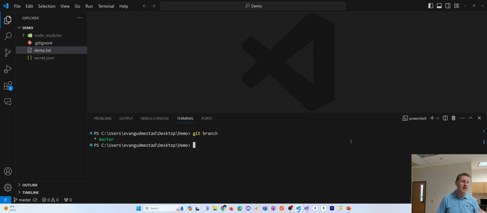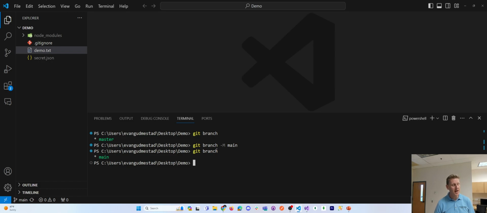When you git init, you will get a branch called master by default. It is definitely a convention to rename that to main. And we're going to do that with git branch -m main. This is just renaming our master branch as main. And now if I run git branch, you can see we renamed it. That is definitely getting rid of some old terminology and using a more up-to-date modern approach,